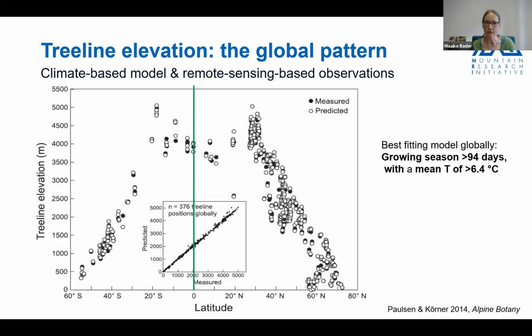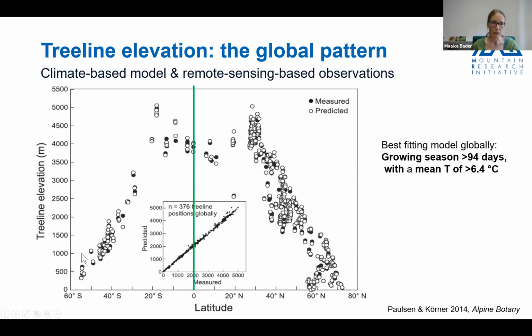And all the same, this average temperature has the best explanatory power for tree line elevation. If we look at this figure, there are several other things that we can see that are quite interesting. So the green line is the equator, and we see that the equator is not in the middle of this shape. Right? So we see that in the northern hemisphere, tree line elevations are a little bit higher at the